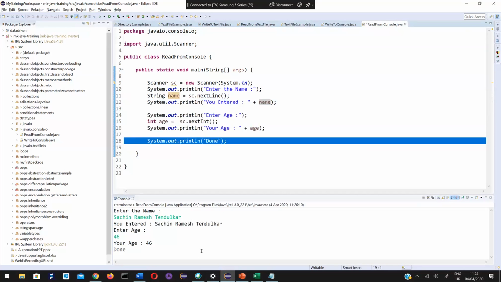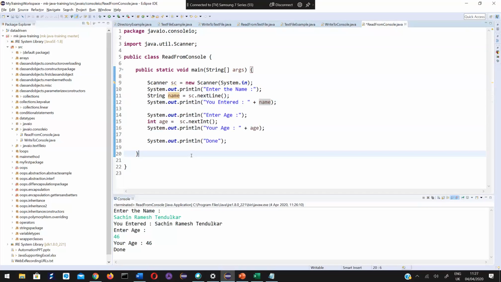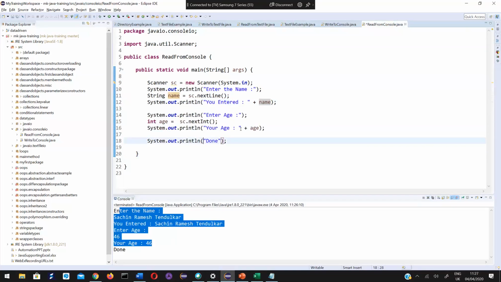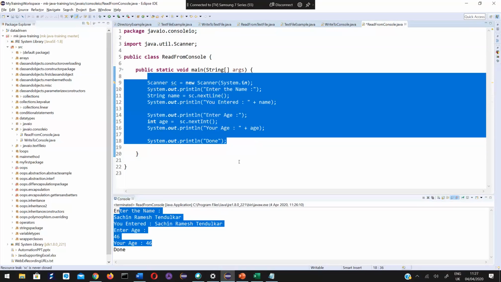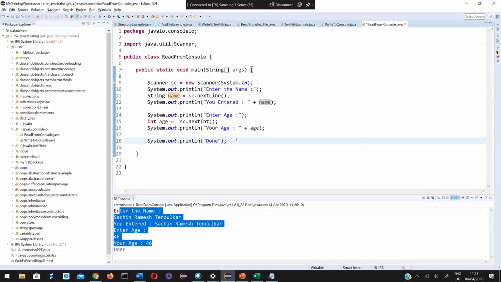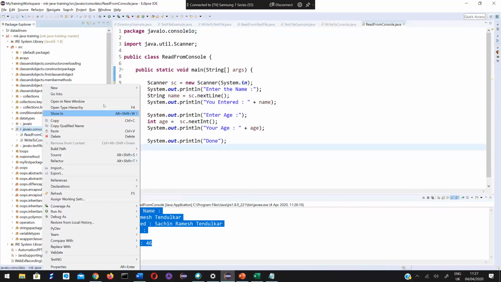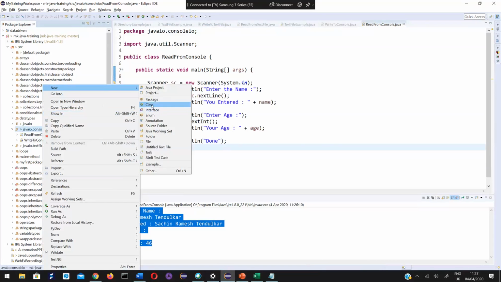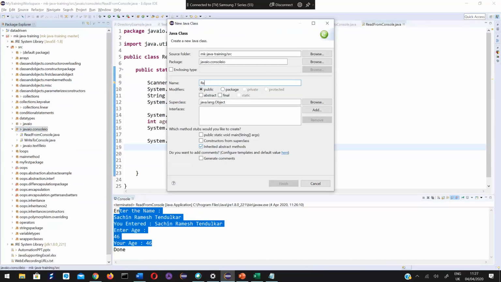Okay. This is how we read values from console. Very simple code. Sometimes we need to read from console in a different way, so we create another class, Read from Console.